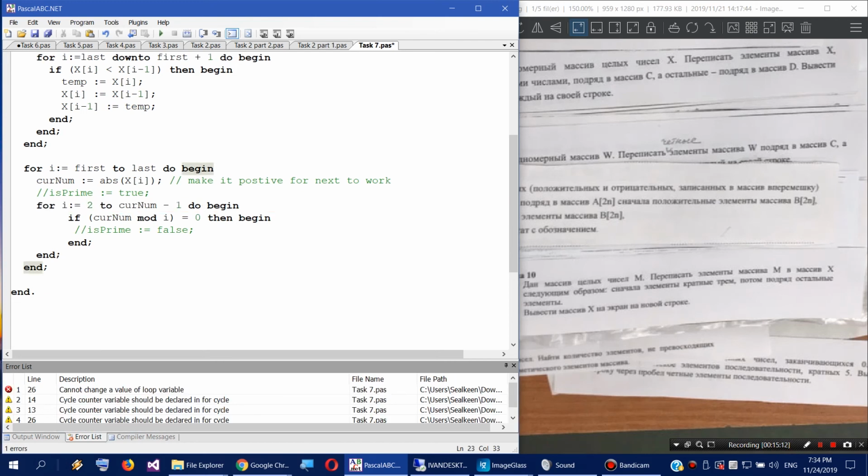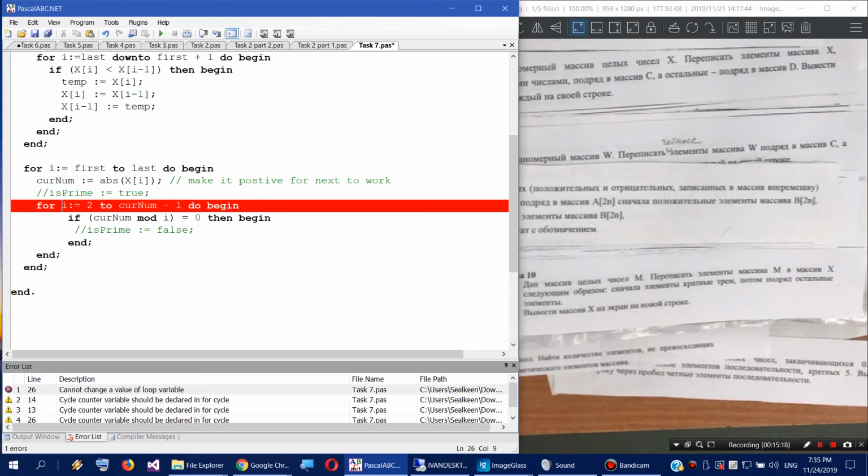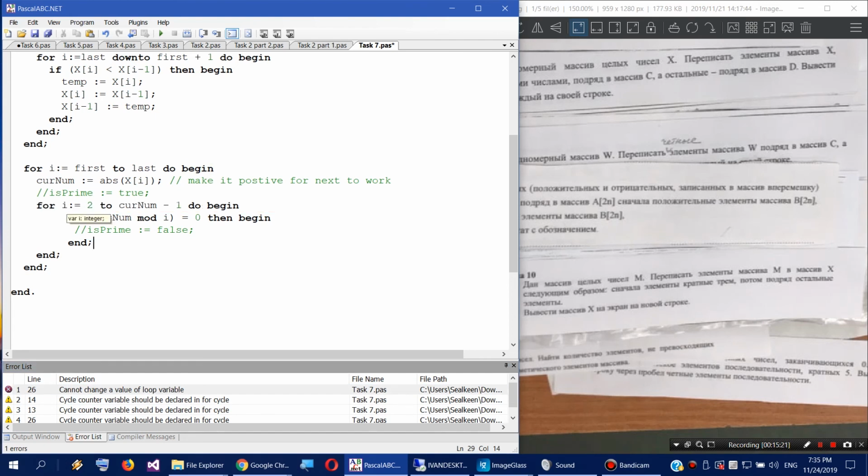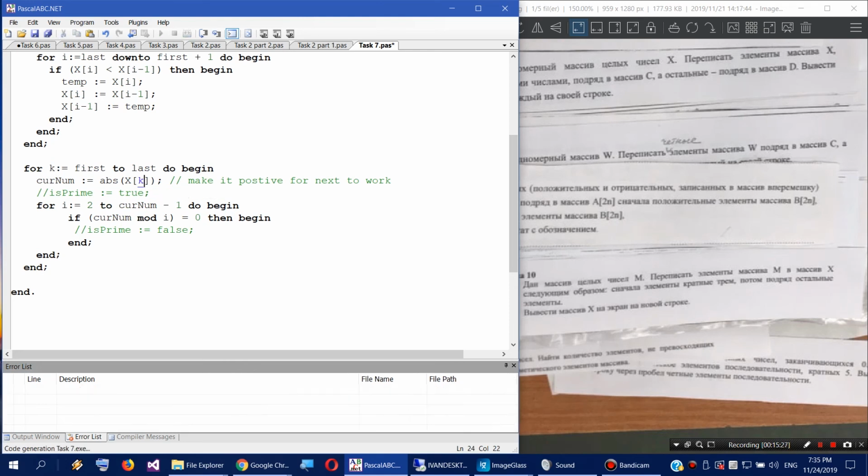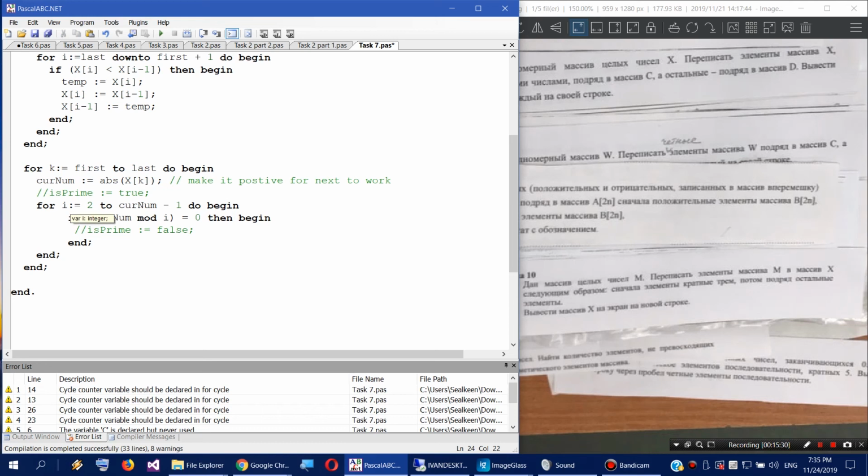To begin, something is wrong here. Can't change value of loop variable. Oh yeah, we'll need to use the k variable here, and here also the k variable, because there should be two different loop variables. We can't use the same variable for two loops. And let's place the new variable inside of the C array under the C index, so that it equals X[k], our number